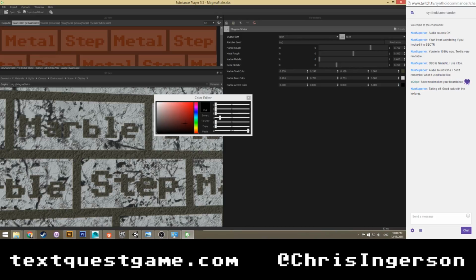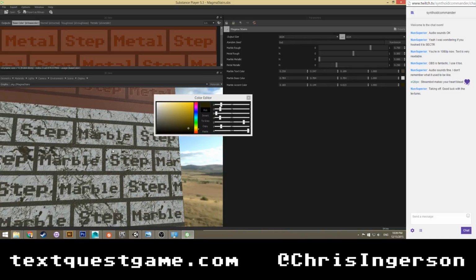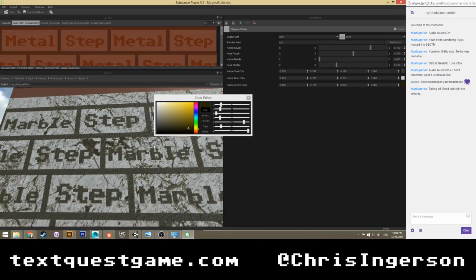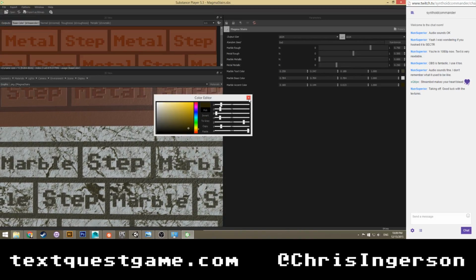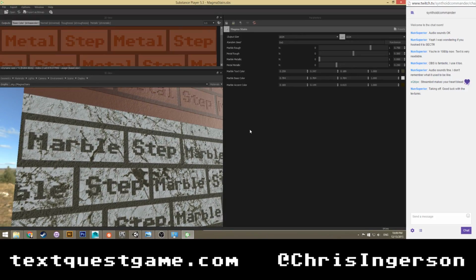Our accent color is... Oh. Oops. That's fine. That works. I really shouldn't call it text color then. But our text color also controls our mortar, so I should call it our mortar color, not our text color.